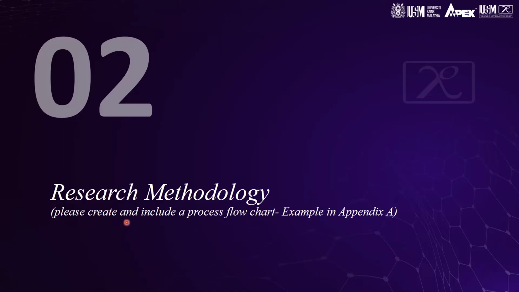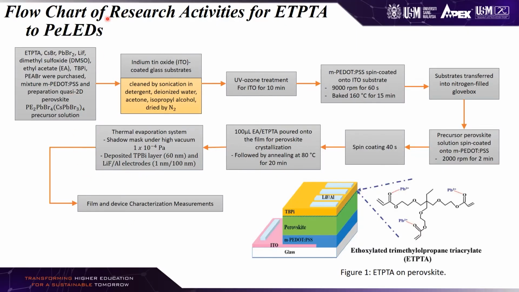Research methodology for Journal 1. This is a flowchart of research activity for ETPTA in PE-LEDs. PE-LED actually means perovskite LEDs. The ETPTA solution was purchased, mixed with modified PEDOT:PSS, and the quasi-2D perovskite precursor solution was prepared, which will go onto the indium tin oxide